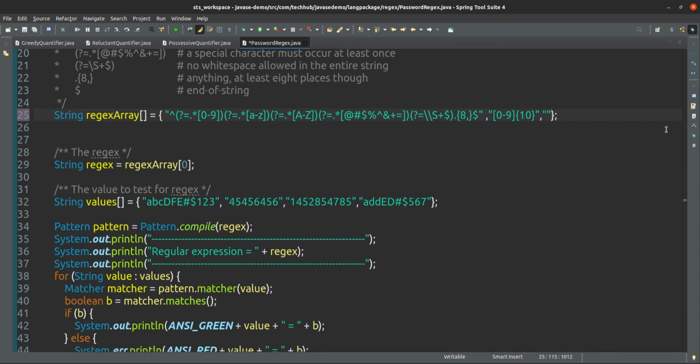Okay, so next we can take the example of email validation. How should it be? Suppose the email should always start with a to z, lowercase. I am considering it like that; that is up to our choice how we want to do it. After that, it can have a to z, A to Z, or an underscore can also be there, or some digits 0 to 9 can also be there.